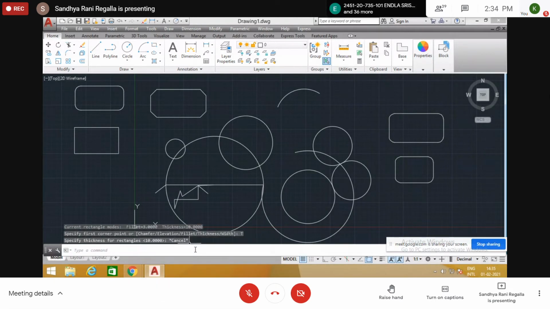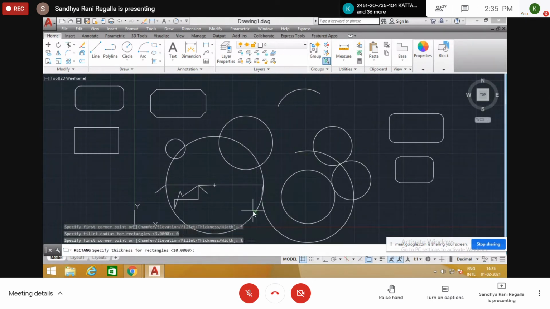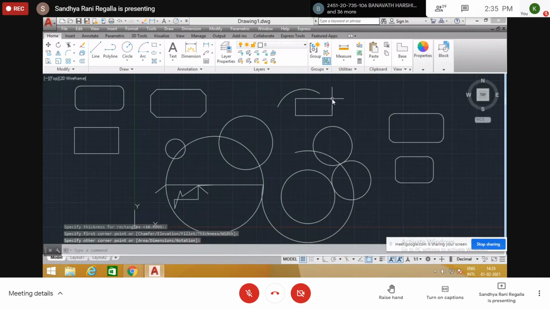First go to fillet option, rectangle, fillet, make it 0, and then go to thickness option. It will not activate it. Okay, we will see later. This option is not useful for us. Don't know why it is activated. The only thing is, instead of a normal line, we get a line of width 10 mm. That is the only difference.